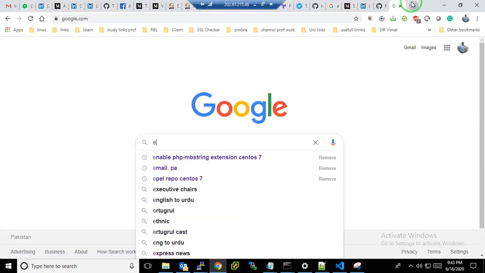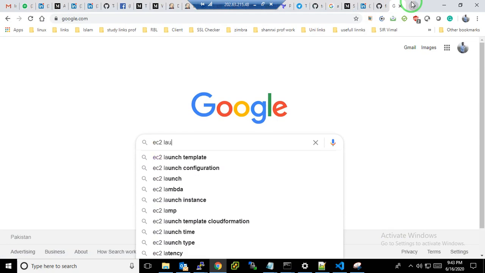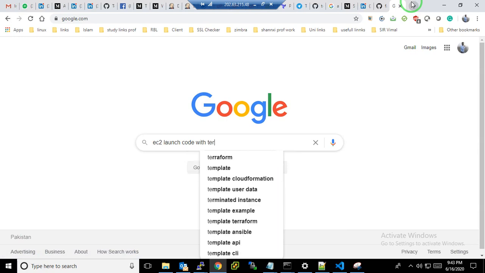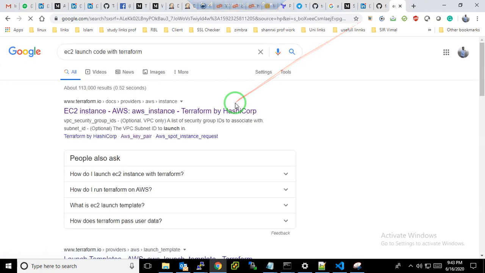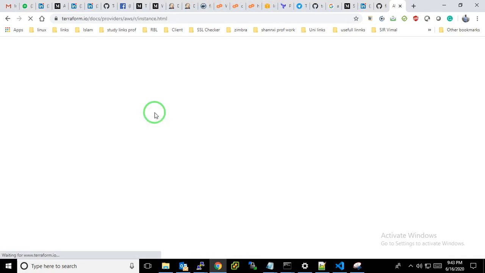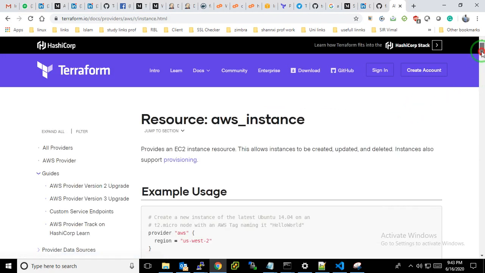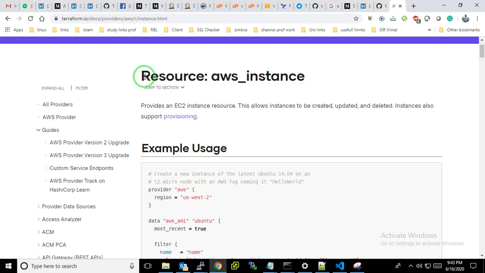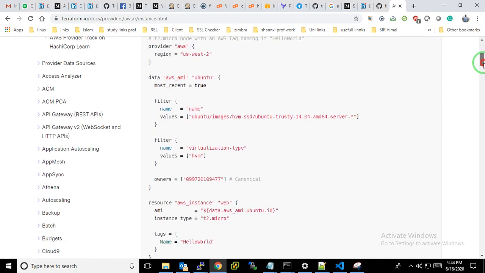Let me search AWS EC2 launch code with Terraform. Yes, you just click on this, and you can see all the syntax here. Examples are there. These are the resources AWS provides, and EC2 resources. This allows creating, updating, or deleting your EC2 instance.